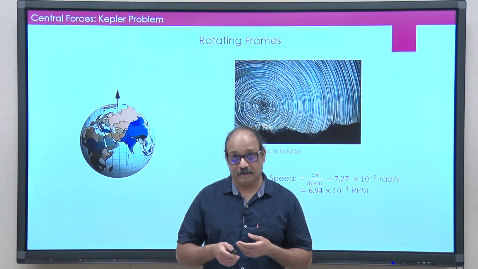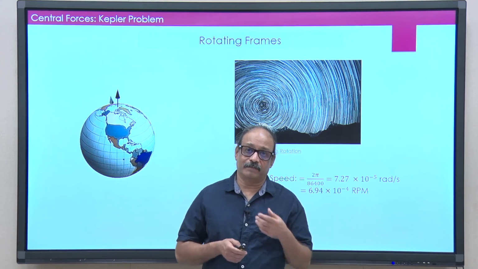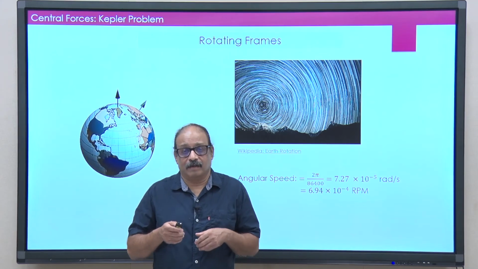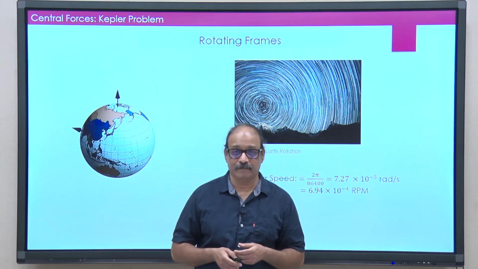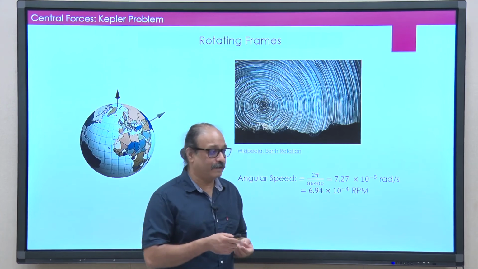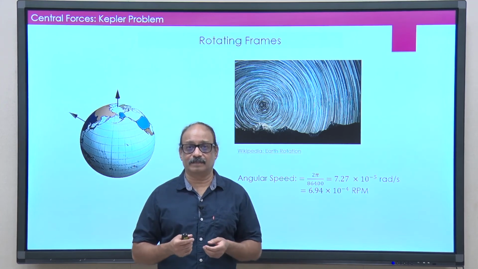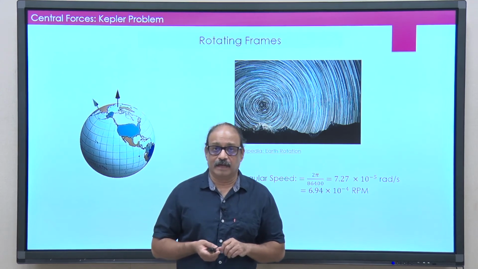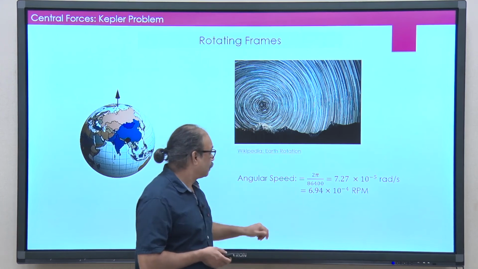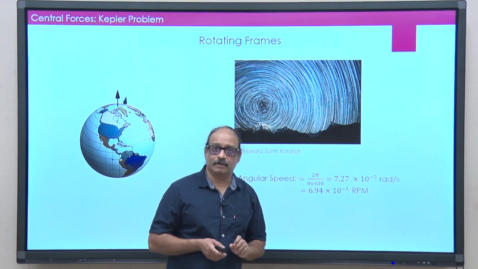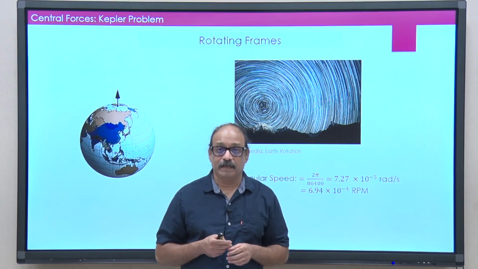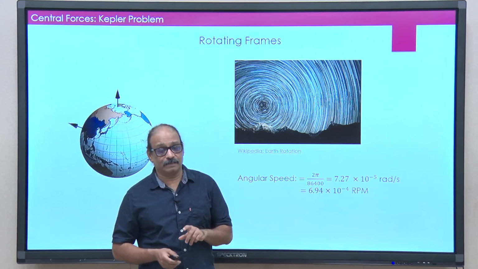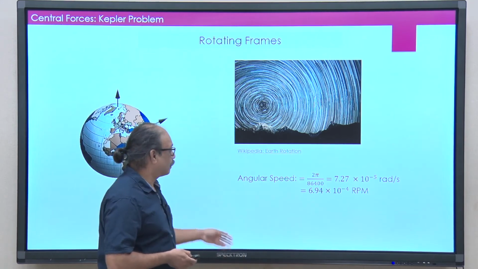We are used to much more rotation than that. For example, your car's engine, usually we talk about rotations of the order of 1000 rotations per minute and so on. If nothing else, if I spin about myself, I probably can complete one rotation in 1 second. So, that is basically 60 RPM. If you take dancers, they would pirouette around themselves with much higher speed than this. So, it turns out that the Earth's rotation speed is very slow, at least the angular speed is extremely small. That is one of the reasons why we do not see all those effects in our daily lives.